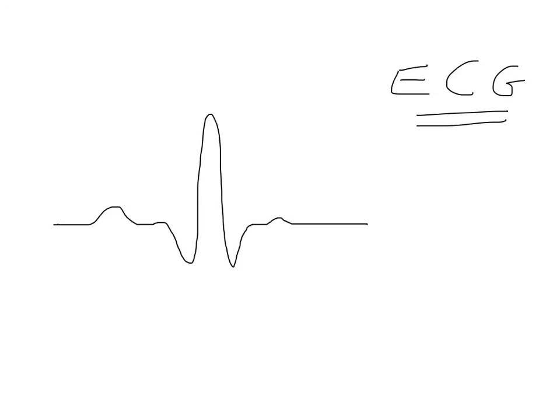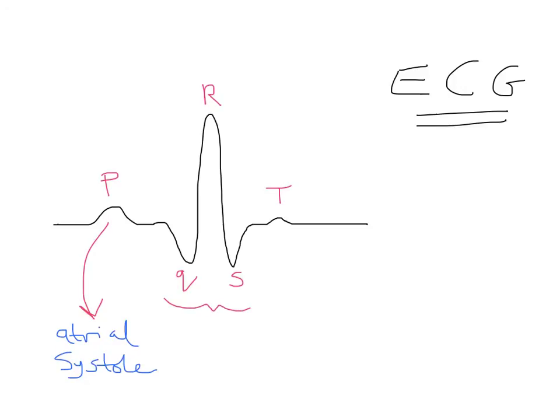And we have distinct letters for these phases. So we call this a P wave, this part here is a Q, R, S, and this is T. I just want to talk through what these actually refer to. The P wave represents that period of atrial systole. So you get that electrical activity, that P wave, when the atria contract because of the SAN, sinoatrial node, essentially. Then we have what's called a QRS complex, and this would be a period